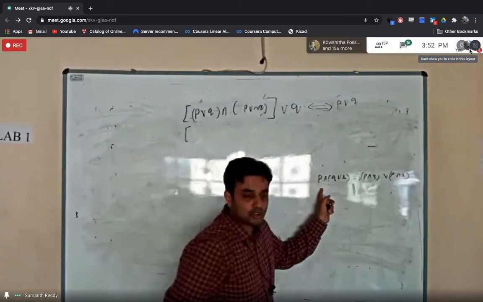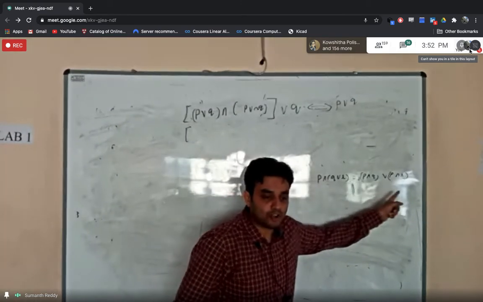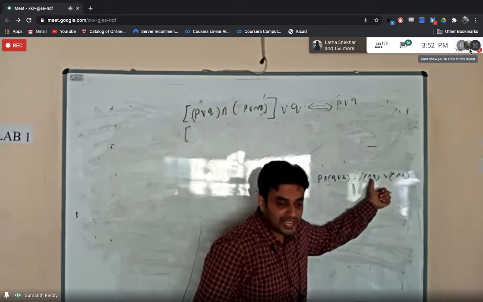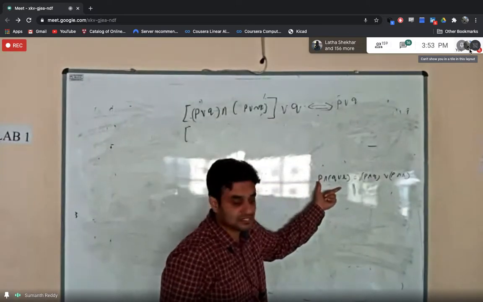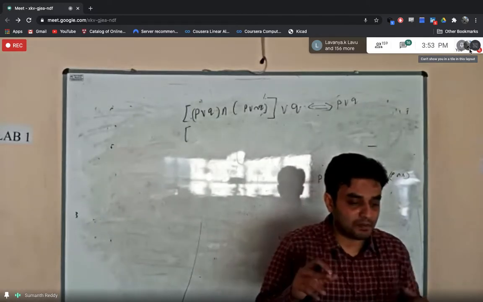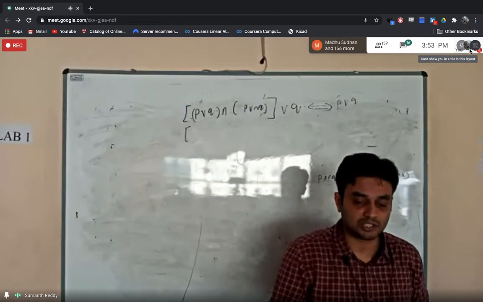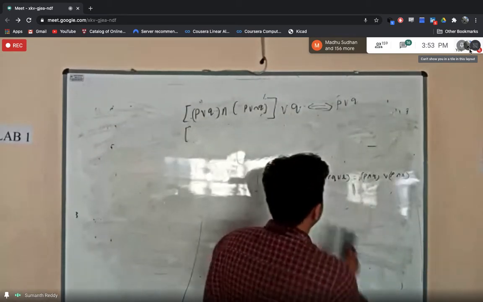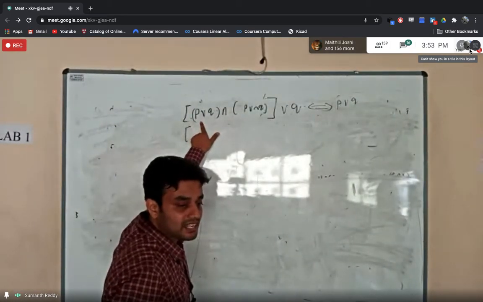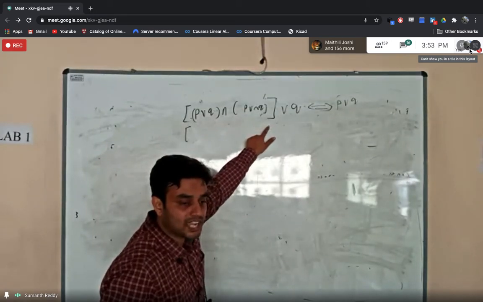So you should not always look at this problem in the forward direction. Suppose you have this RHS, if you take P common in this, you can also write it in this way. Only for the distributive law, you should be able to apply it in the forward direction and also the backward direction. Now, if you observe here, what I have is (P or Q) ampersand of (P or negation of Q).